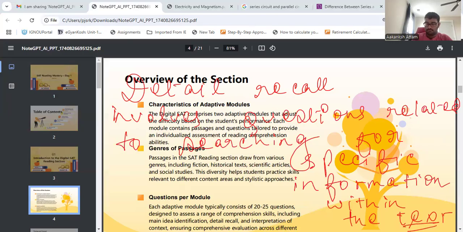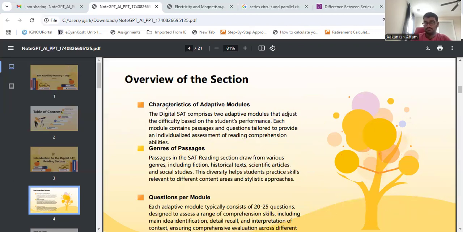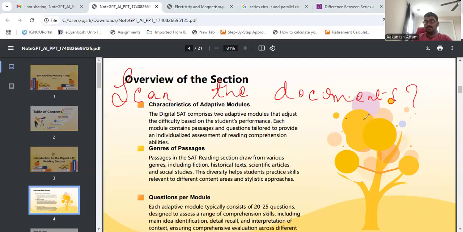Now I want you to understand the concept of why we employ the scanning method. So tell me something, why are we asked to scan documents? I'm asking you why we are asked to scan the documents. What do you think? To understand it better, kind of like. Exactly. When we are trying to search for specific information within the document,